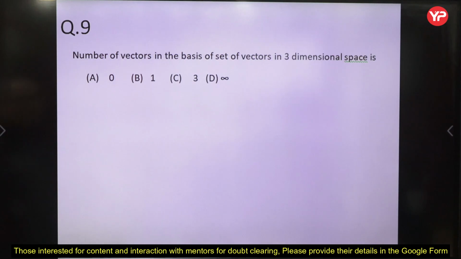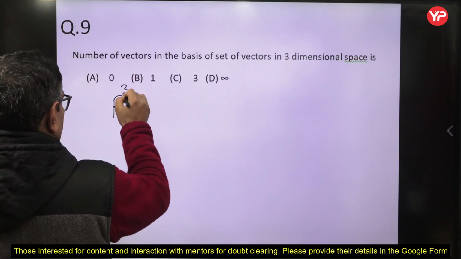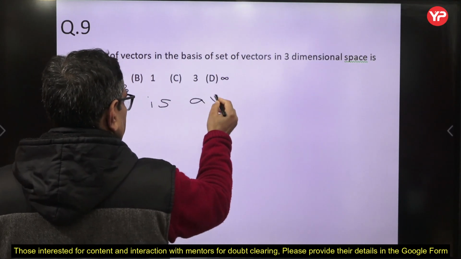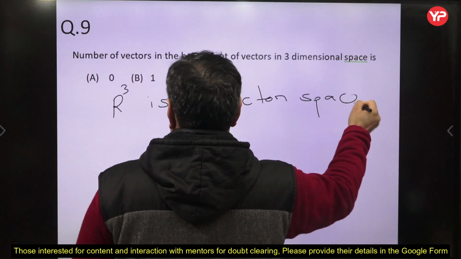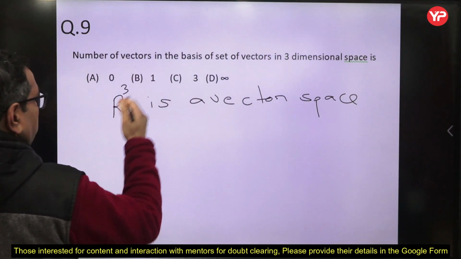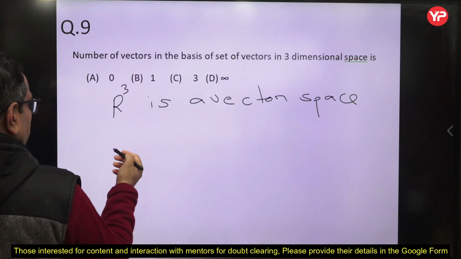Number of vectors in the basis of a set of vectors in 3-dimensional space. So 3-dimensional space मतलब R cube, वेक्टर जो है वो R cube के हैं, ठीक है ना. This is a vector space actually, R cube is a vector space. So इसका जो डायमेंशन होता है ना, नंबर ऑफ बेसिस वेक्टर्स, नंबर ऑफ वेक्टर्स इन द बेसिस मतलब क्या होता है, बेसिस क्या होता है,